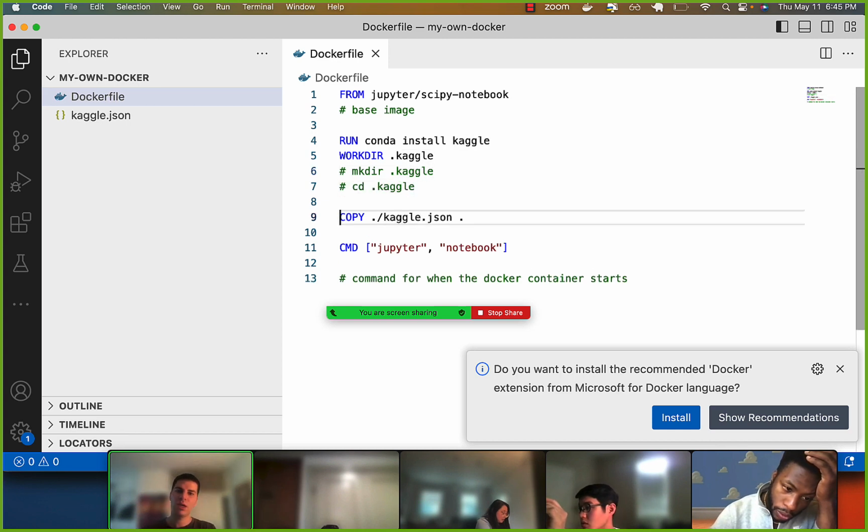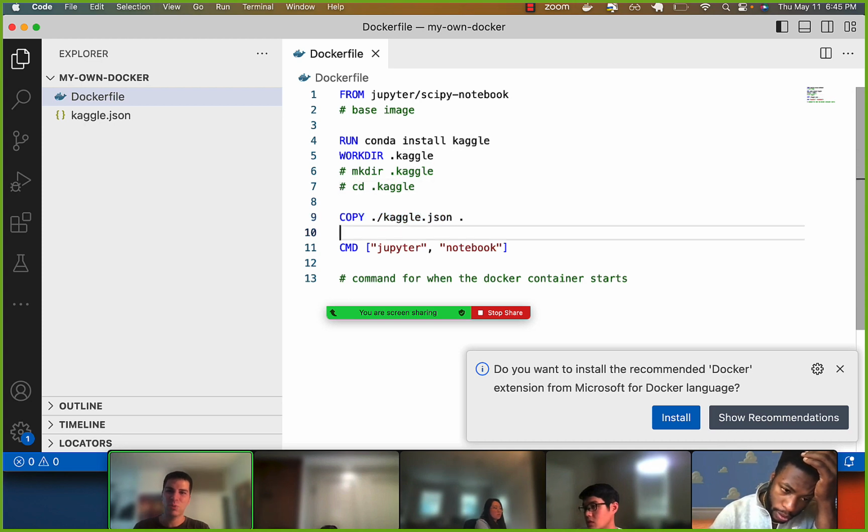So now when we copy this file into the current directory, it's really the current working directory. Everything will be performed in that directory, which is actually not a great thing, because it means this command will be run from this